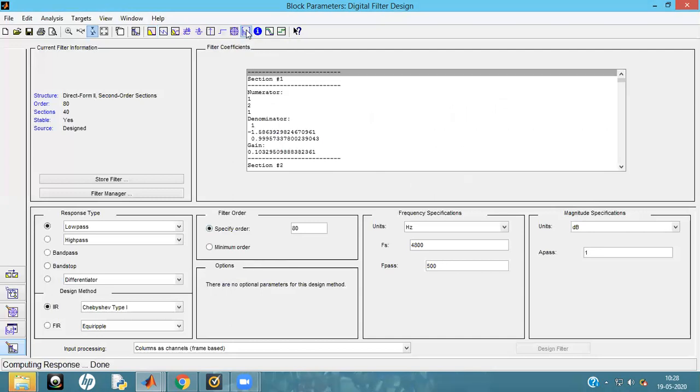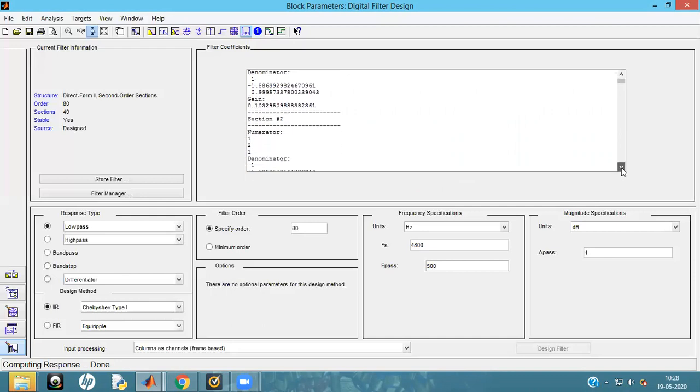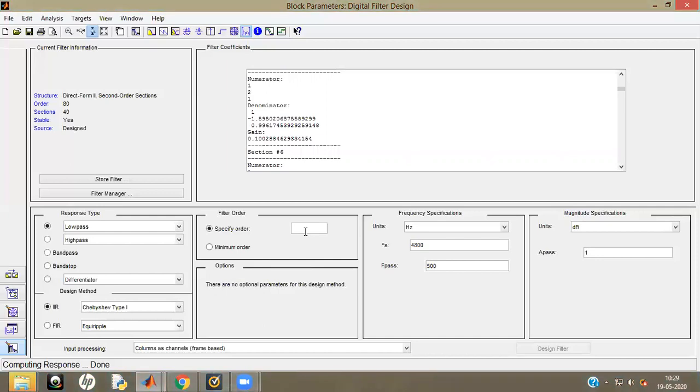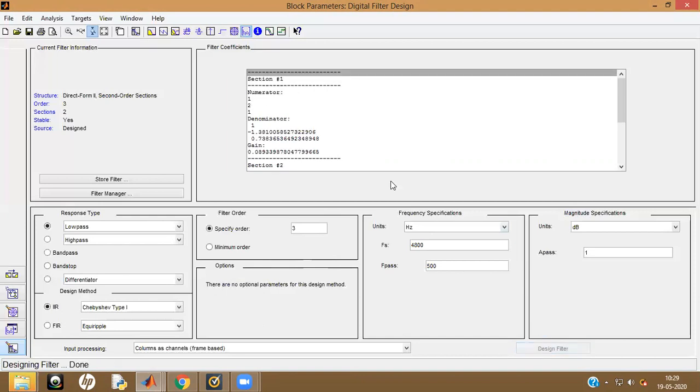You can obtain the filter coefficients if you click on this one. It will show you the numerator, the denominator, and the gain, and so on. Okay, this is giving you section by section, because I have taken an 80th order filter. Okay, and let us say reduce it to, for example, maybe only a third order filter. So if it is only a third order filter for this particular specification,